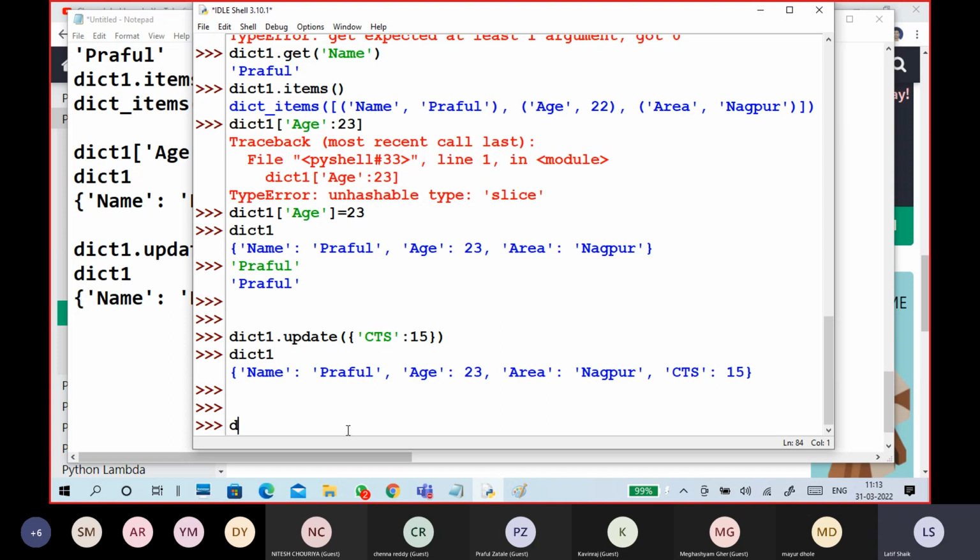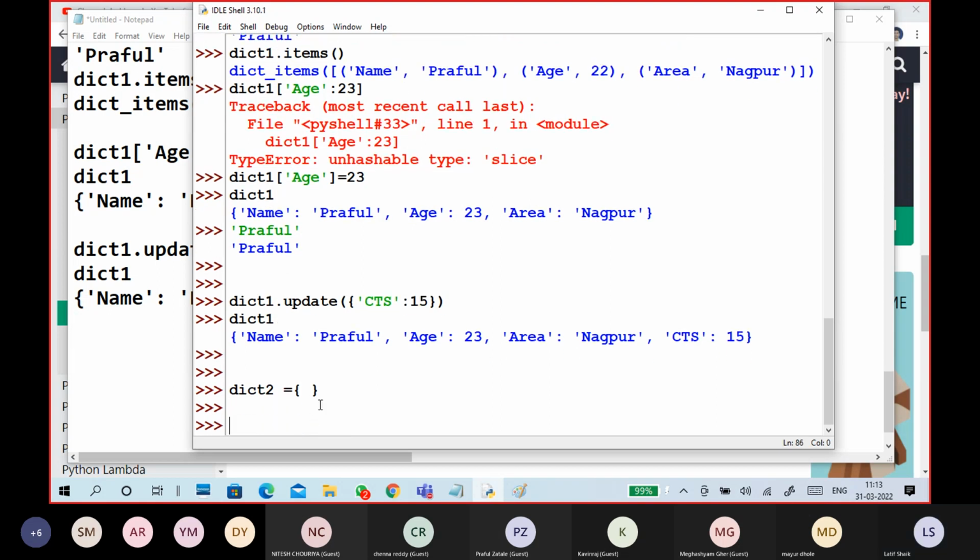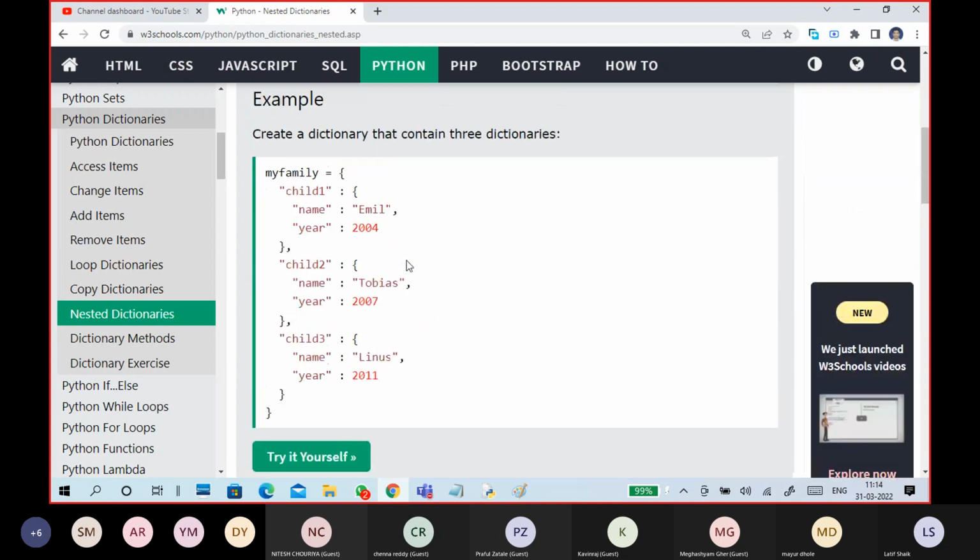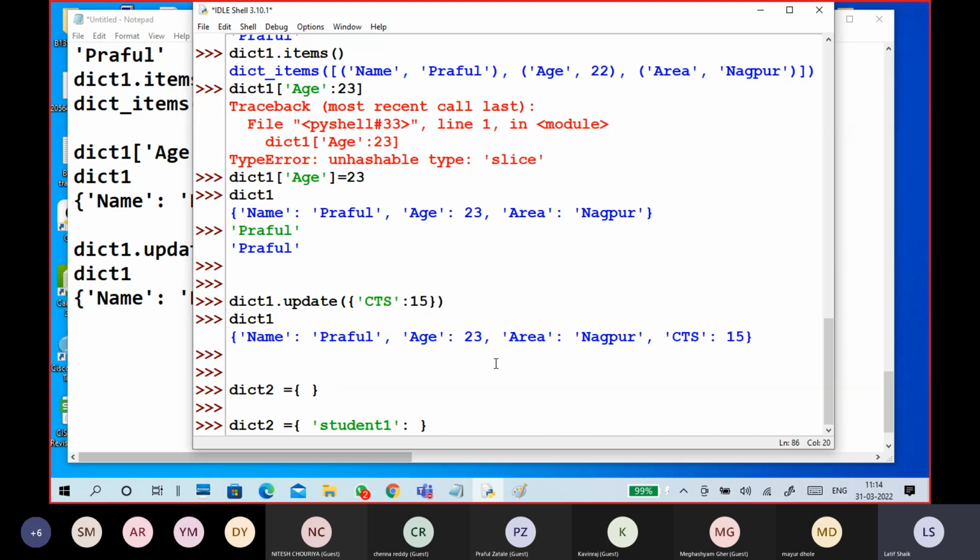So what I will do: dictionary 2. Okay, so here it is in dictionary 2. First of all, the first one is like student 1, colon.